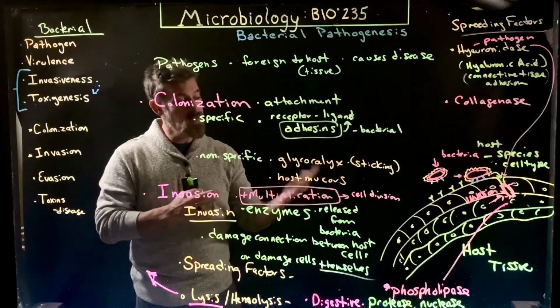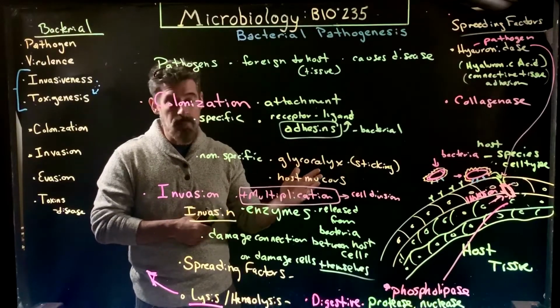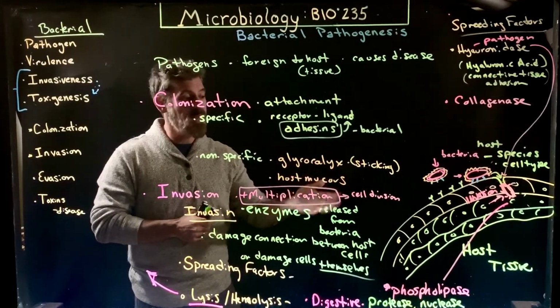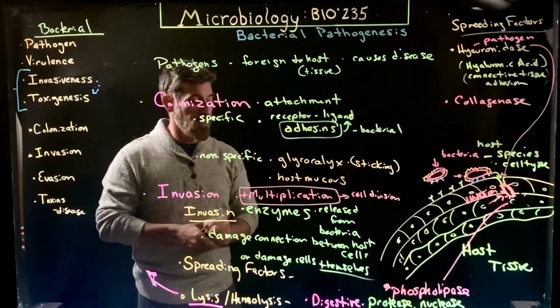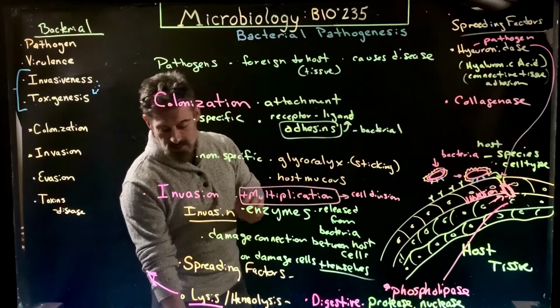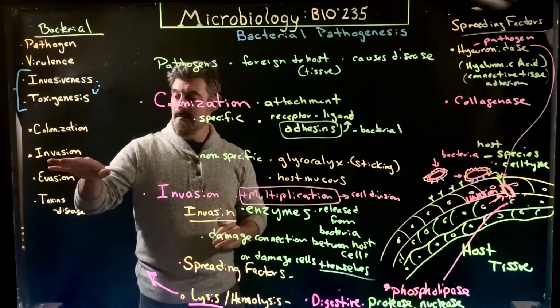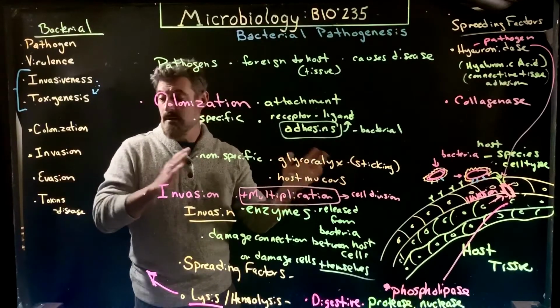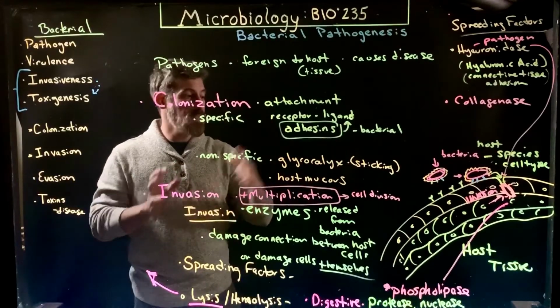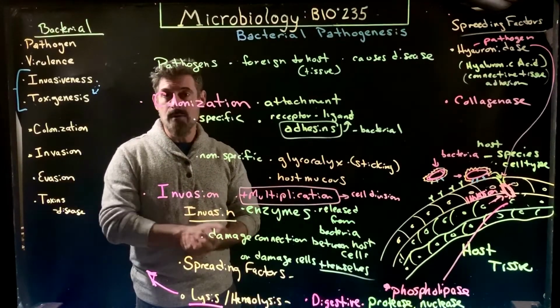So this isn't necessarily definitely going to happen. If exposed to the pathogen, you may fight it off before any of these things can occur. But in general, this is what is going to occur. So that's the end of this first part here with invasion, and now we're going to talk about how they evade your immune system a little bit, and then we'll get into the toxins that come more so endo and exotoxins.